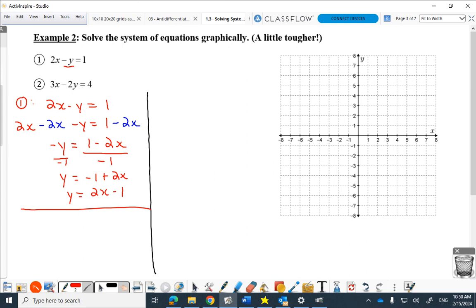Now, if that scares the beans out of you, you might like this move. Some people won't like it. Some people will think that I'm doing some math trickery, but it's really legitimate. If I take the 2x minus y equals 1, and I notice the curveball and see, oh, that's negative y,